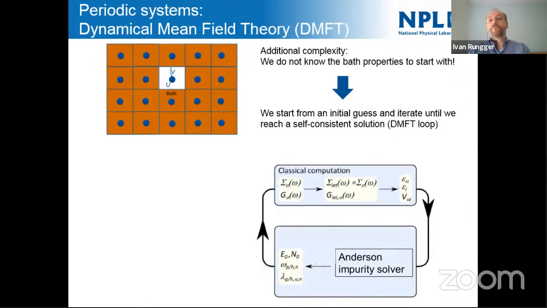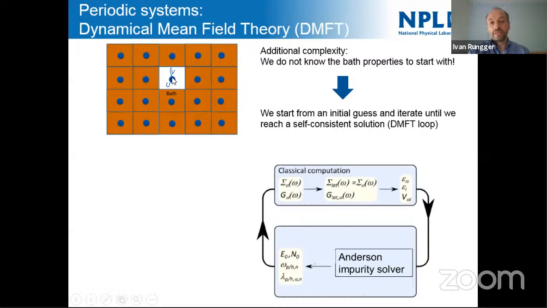So that was the Anderson impurity model. Now, dynamical mean field theory: the only additional step is that you have your impurity repeated periodically, as illustrated here with these blue dots. And then what you do is you select one of them and you say, that's my actual Anderson impurity. And all the other impurities, you call them the bath. Now the bath consists of all the other impurities. You can still solve it as a system of bath plus impurity.